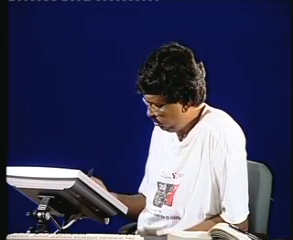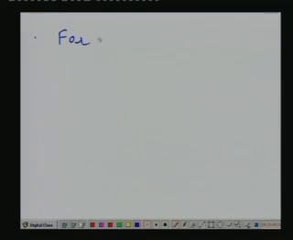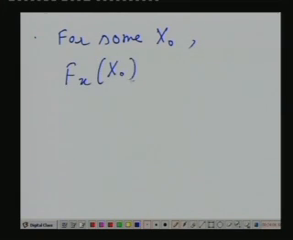All right. Next, suppose for some x0, consider some number x0. If it so happens that for some x0, F_X(x0) is equal to 0, then it implies that